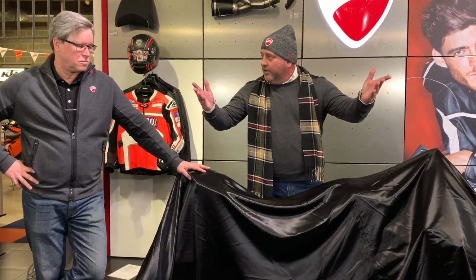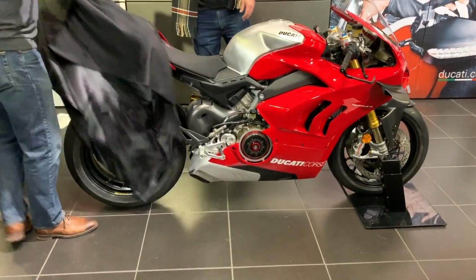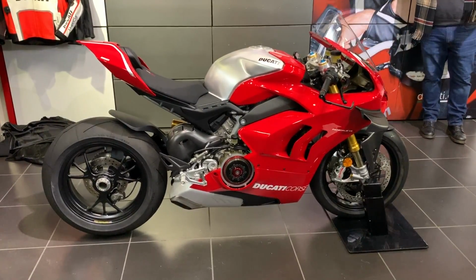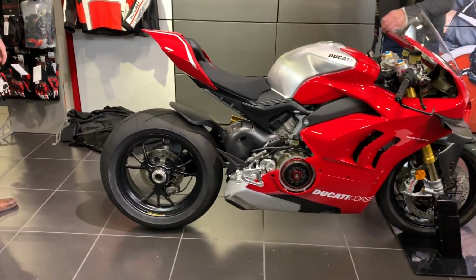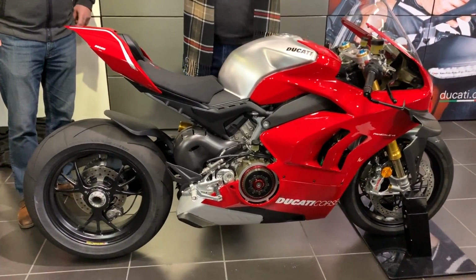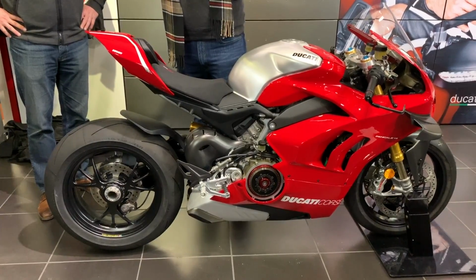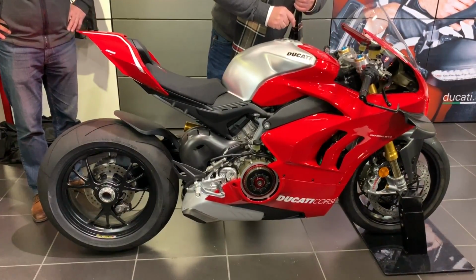So without further ado, there we go. Voila! The 2019 Ducati V4R. Guys, feel free to take pictures, have a seat on it. Real quick, I'm totally fine with starting it up. Everybody wants to hear the dry clutch and the exhaust note of the V4R. Guys, this was on a trailer at 4 degrees. I heat cycled the engine once in the rear. That was a couple hours ago. So, with that said,